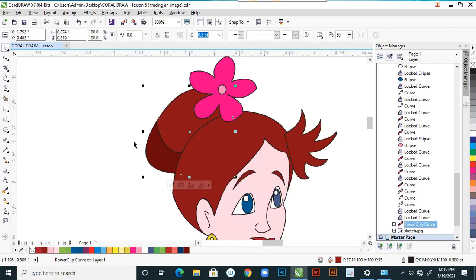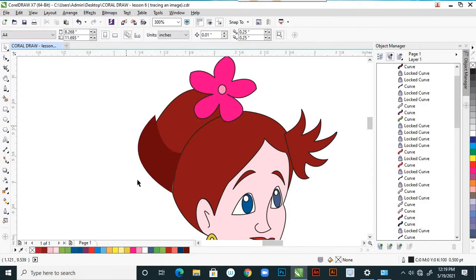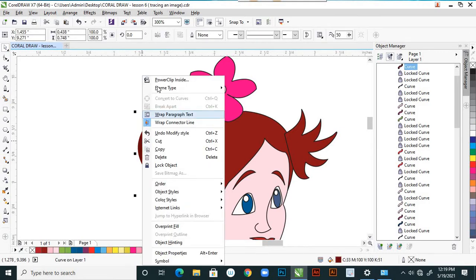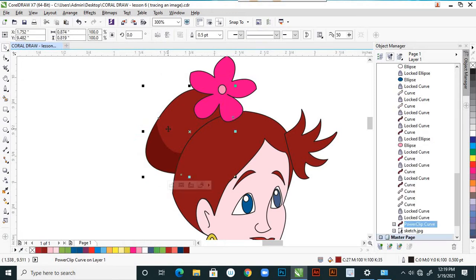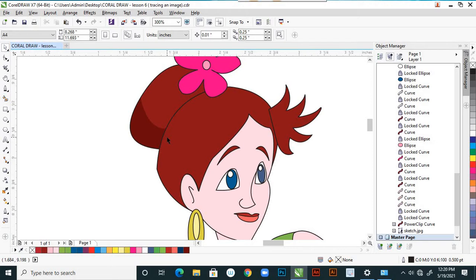Then what you do, so before doing that we remove this outline. The outline is actually not required, so outline is none. And now select this, right click and power clip inside and get inside. So perfect. See this, it's a very good shadow. And for this also the same way I'm planning